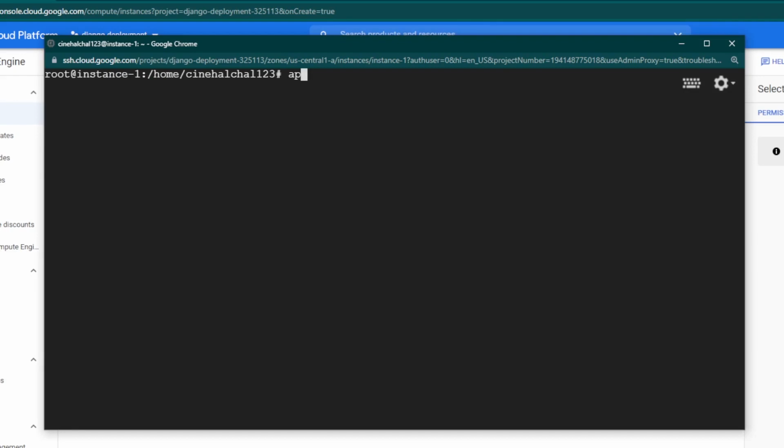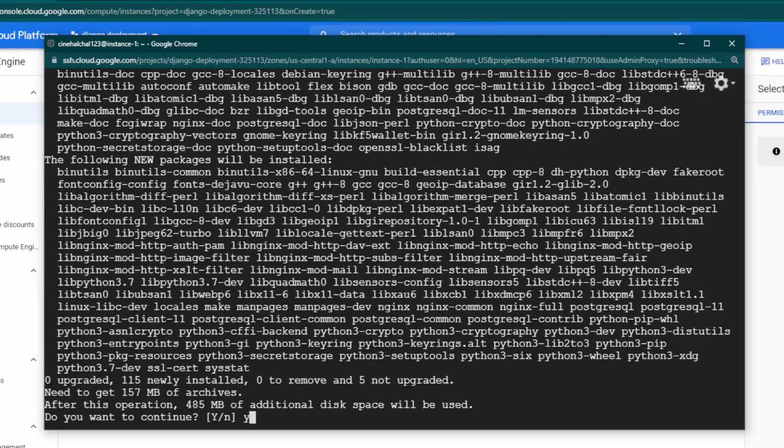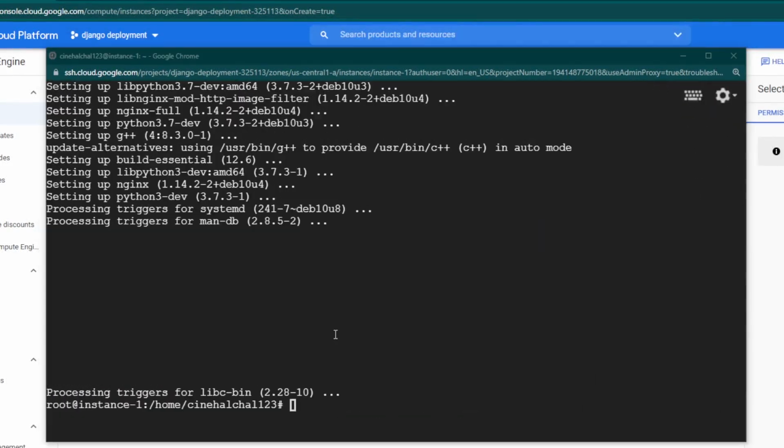Let's install the required packages. apt install python3-pip, python3-dev, libpq-dev, postgresql, postgresql-contrib, and nginx, and curl as well. Our required packages have been installed successfully.